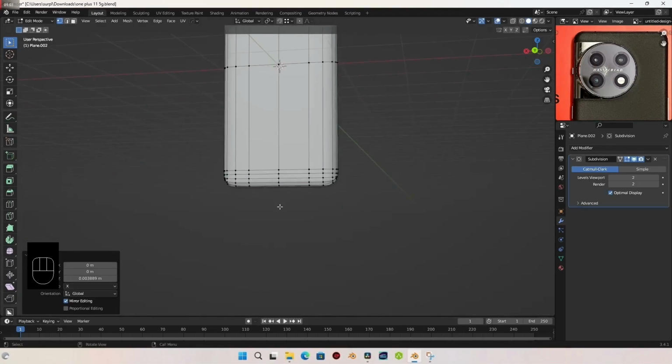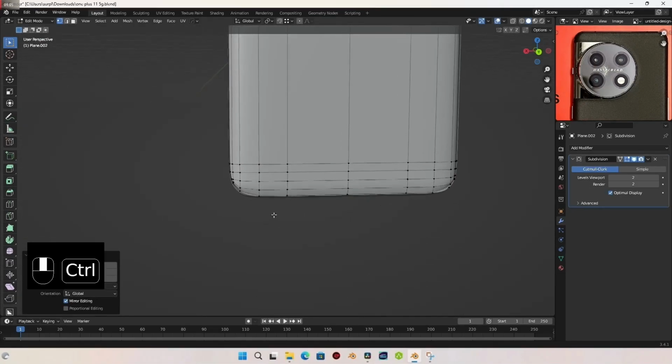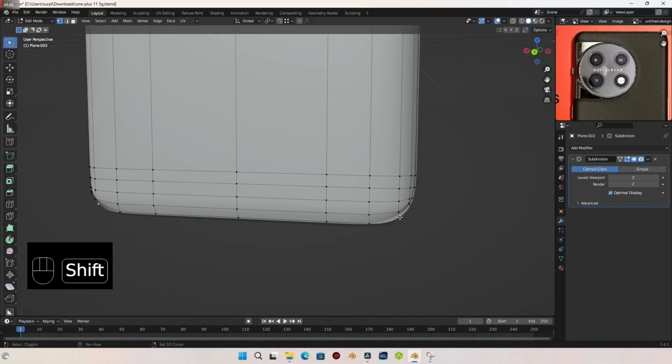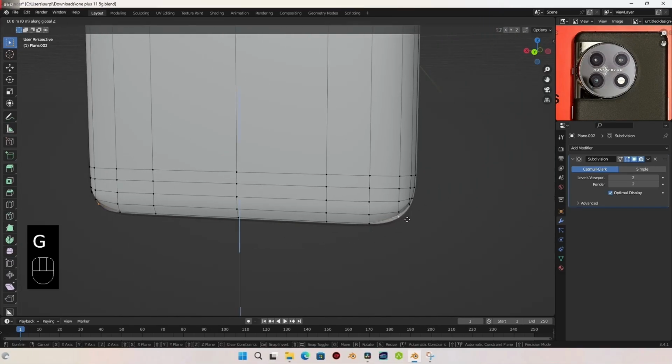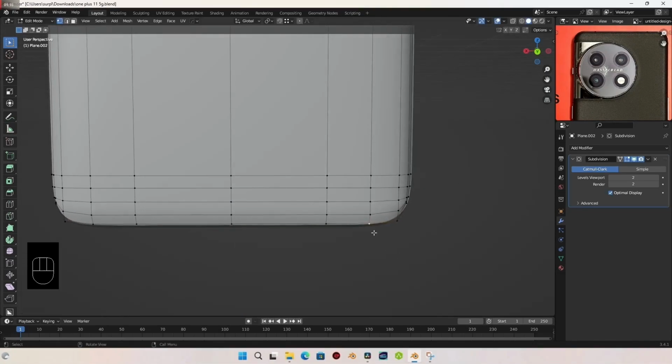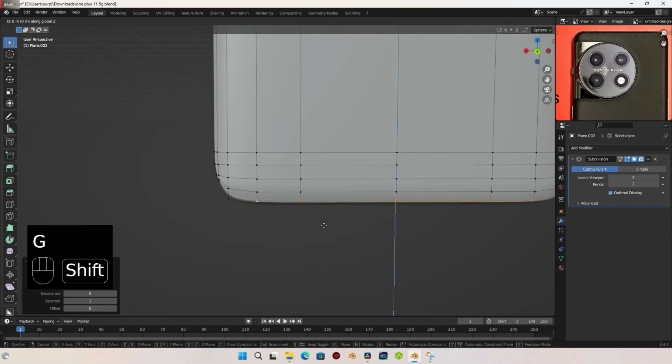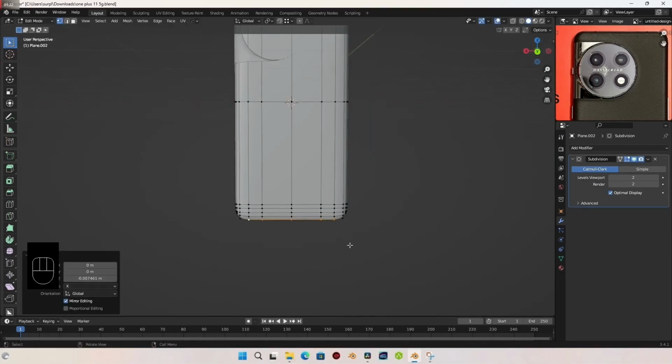Okay, let's do the same thing down here. Select these and holding shift let's select this one and bring them down. Select this one too, and holding control let's select the last one here and bring them down too. Okay,